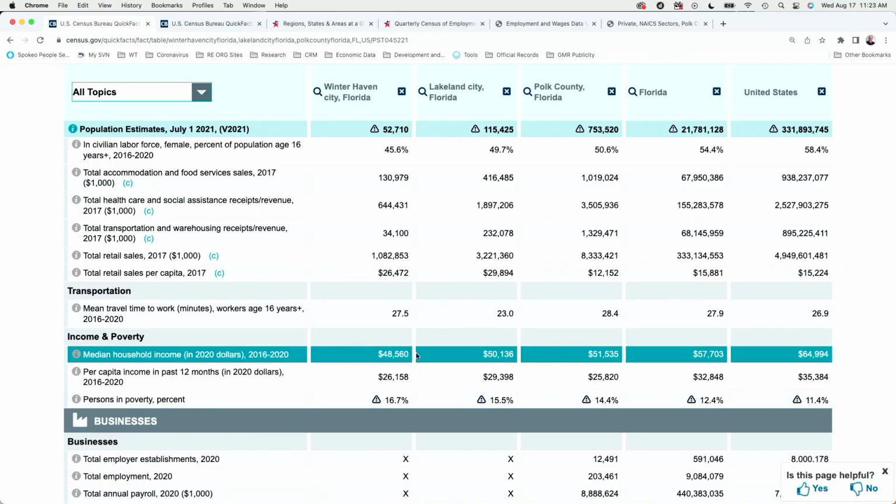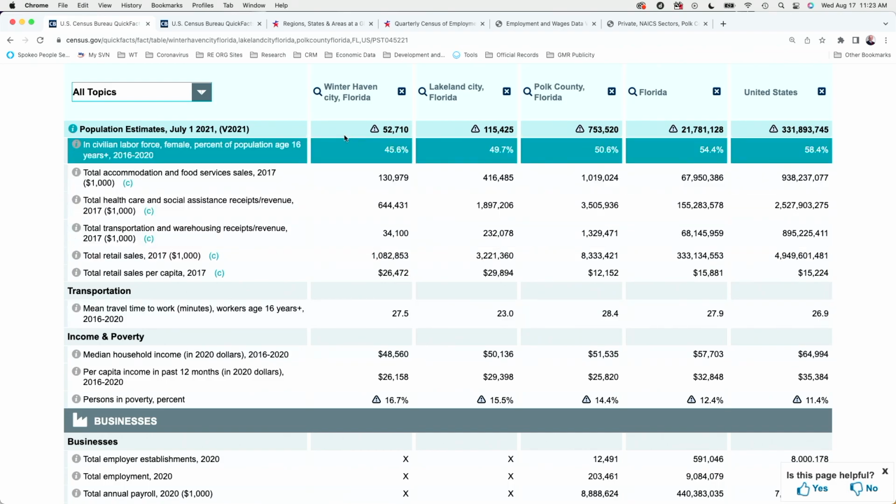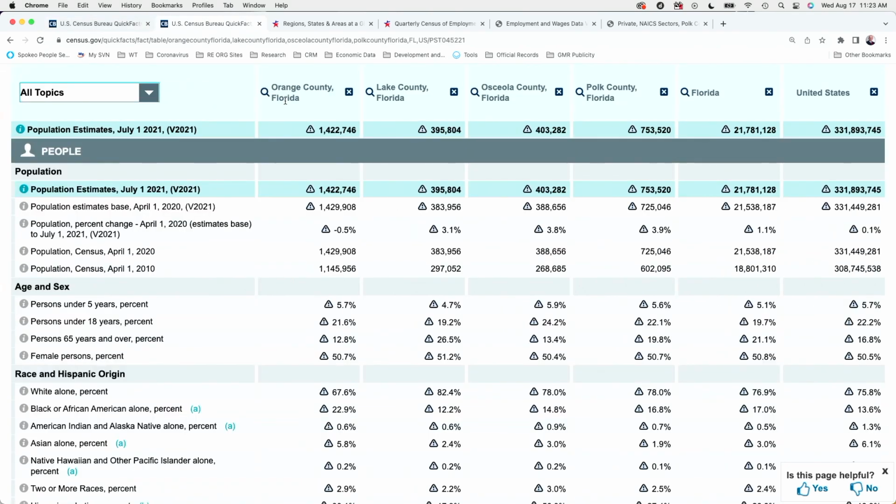And then, of course, when we look at the economy, it gives us median household income, per capita, and transportation. That's the mean commuting time. We'll cover that a little more in a spreadsheet. Let's take a look,